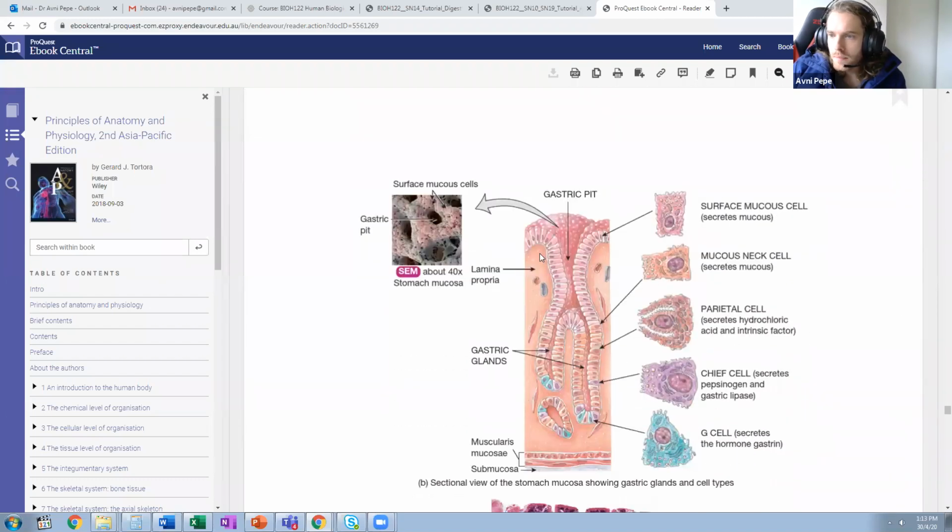This is what the gastric pit looks like zoomed in, and these are the different cells. So we've got surface mucus cells. These secrete mucus. We've got mucus neck cells, which also secrete mucus down here. We've got parietal cells that secrete hydrochloric acid and intrinsic factor. We've got chief cells that release something called pepsinogen, which is that